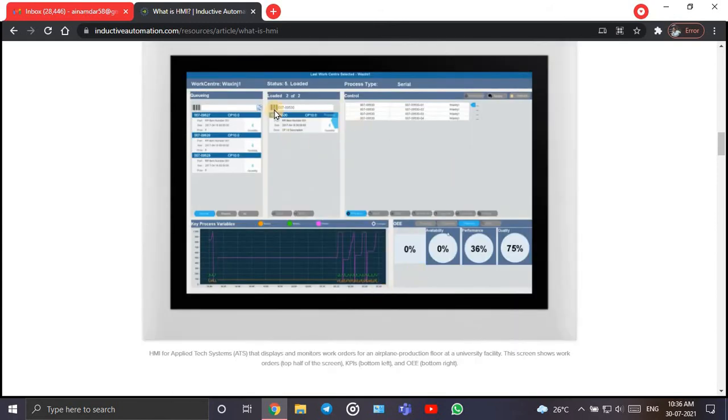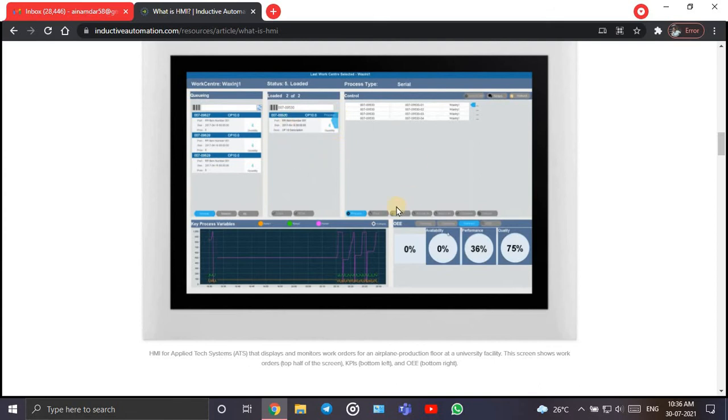So this is the figure. This is your user interface, okay, HMI user interface. It's an HMI for an applied tech system that displays and monitors the work orders of an airplane production floor at a university facility.